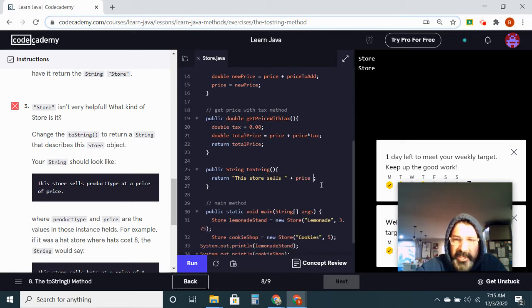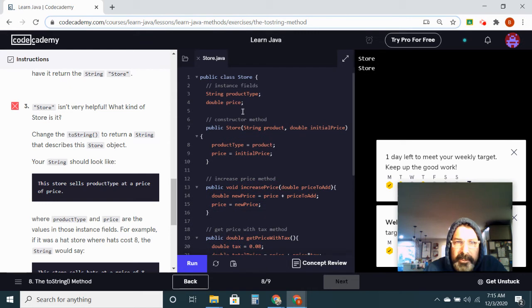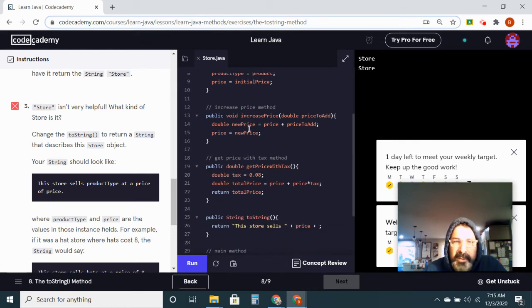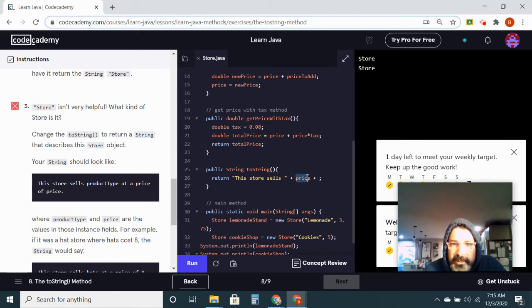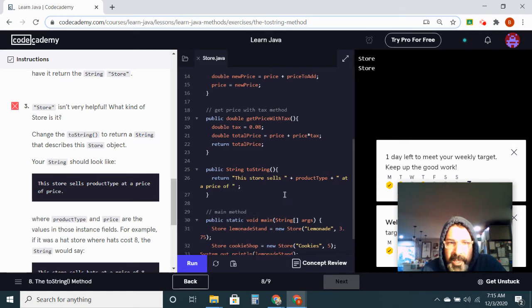Okay, and then we're going to do a plus, and then, oh no, we wanted product type. Oopsie. The store sells product type plus, and then we want the space at the beginning at a price of, and the space at the end. And then this is a string, so we're going to put it in quotation marks, at a price of,